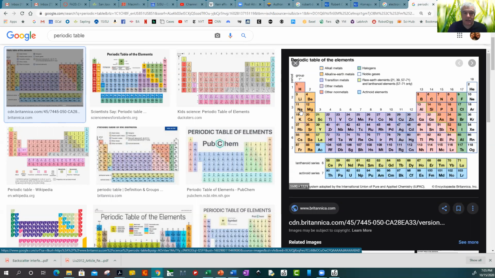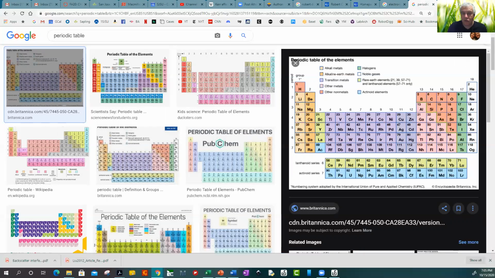You got Na plus is isoelectronic with neon. Does that make sense to everybody? So Na plus has no ultraviolet absorption spectrum either. So basically what we're seeing in the paper here,